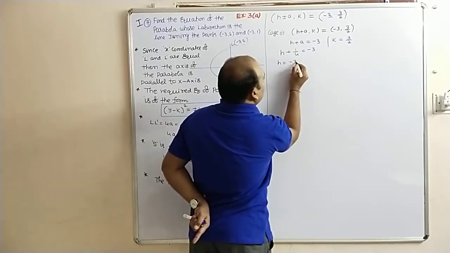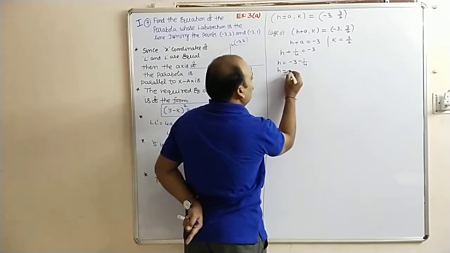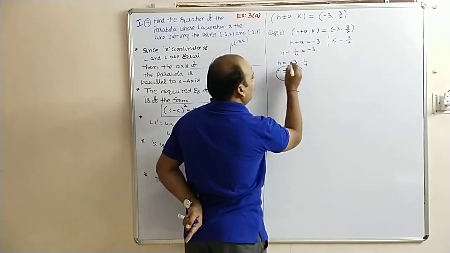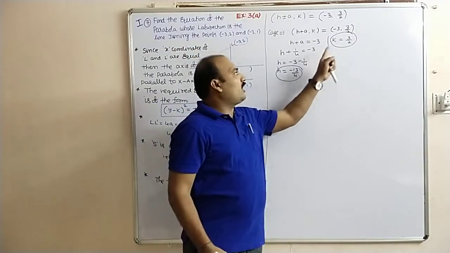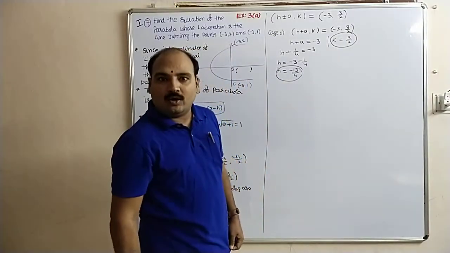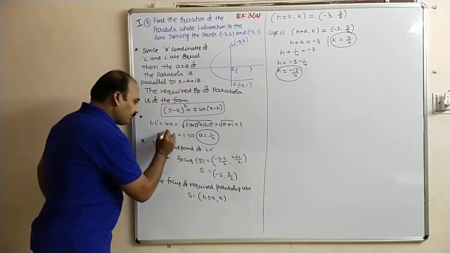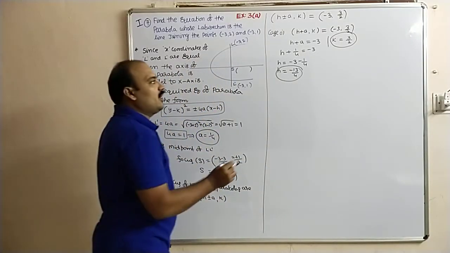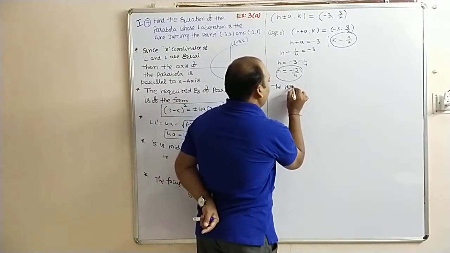H is equal to minus 3 minus 1 by 4. Minus 12 minus 1, minus 13. H is equal to minus 13 by 4. And k is 3 by 2. H value, k value are the vertex of the parabola. And a value we got it now, 4a value is equal to 1. So the required equation of, in case 1, the required equation of parabola